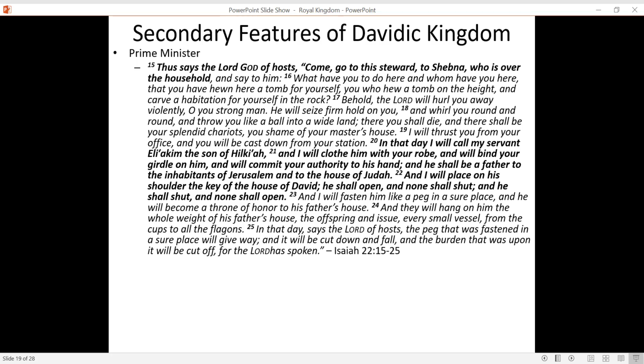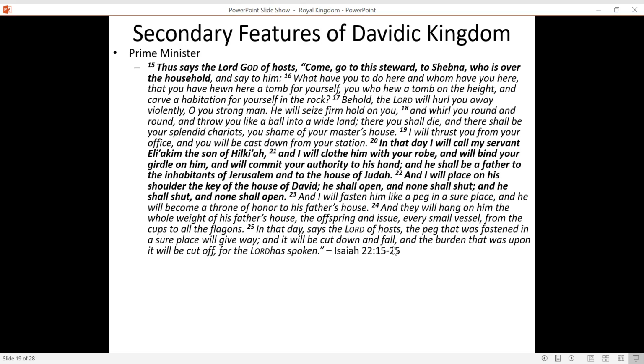Which means this new person, Eliakim, will be given the role of a father figure to all the tribes of Jerusalem, including David's own household. And David's key, a symbol of David's own kingly authority, will be given to the prime minister so that the prime minister can act on behalf of the king to his people. And this image of he shall open, none shall shut, and he shall shut, none shall open, that's really important too, because that's an image, again, of authority, that certain rules, decrees, and laws, when he, the prime minister, says it, it's on behalf of the king.